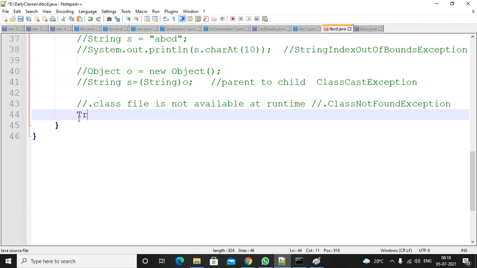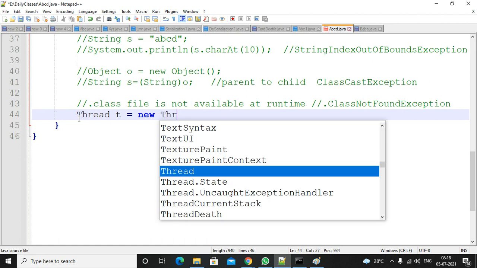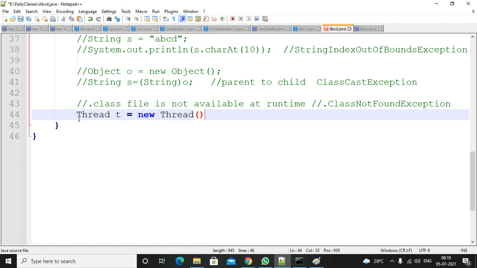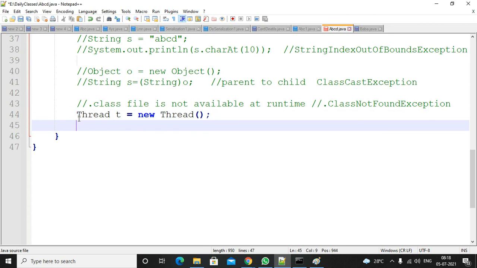There is a class called Thread class. I'm creating a Thread class object. This is a predefined class. For every thread there is a priority, and the priority must be within the range from 1 to 10.